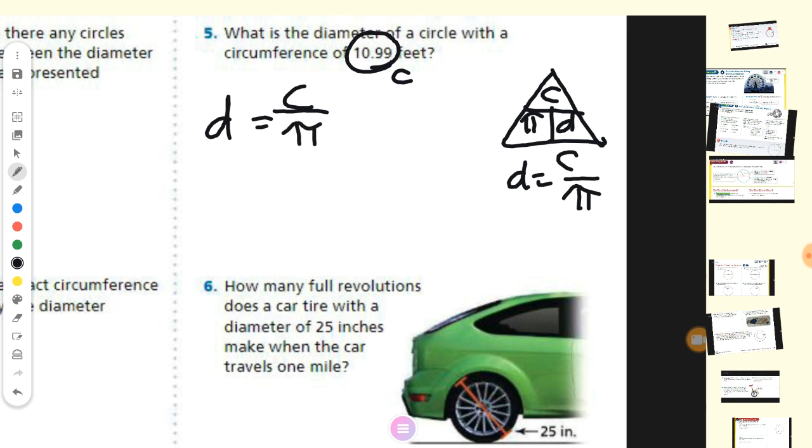But he didn't mention pi here, so you can use 3.14 or 22 over 7, whatever you want. It's free for you. So C is 10.99, divided by 3.14, and by using your calculator to check your answer, you can find it equals